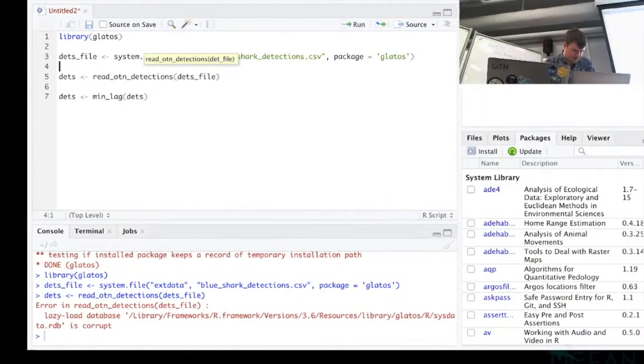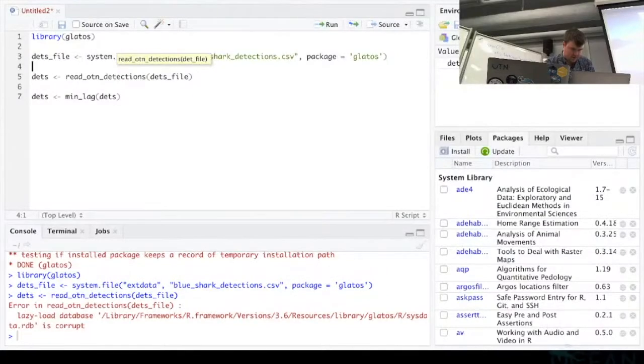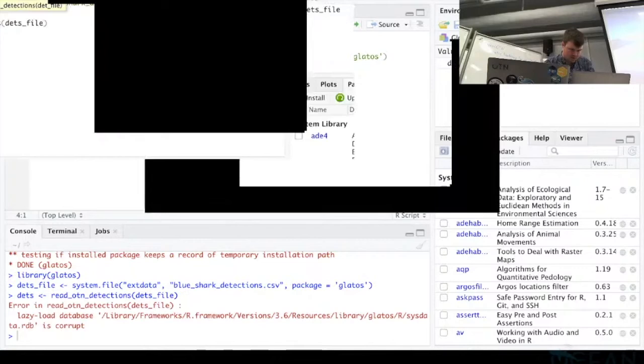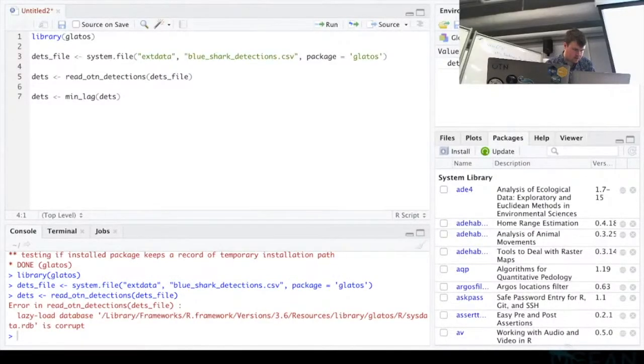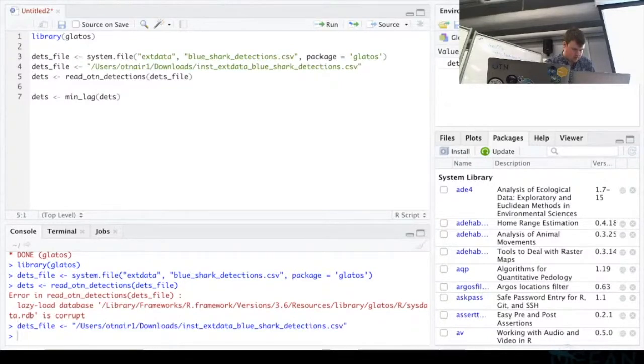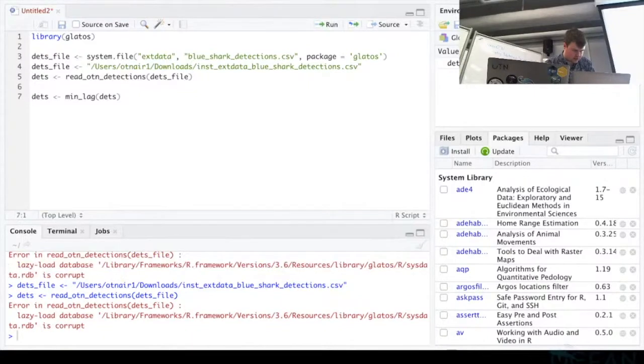And once you have that downloaded, if you can grab the path, for Mac users, you can right-click on the file, hold Alt, and there's copy as path name down here, if that helps anyone. And we'll just replace dets file with the string to the path that we have. And you only need to do this if you're getting that corrupted problem. And then that should